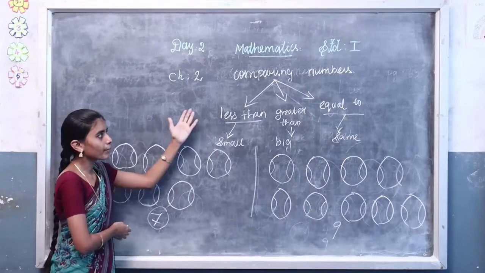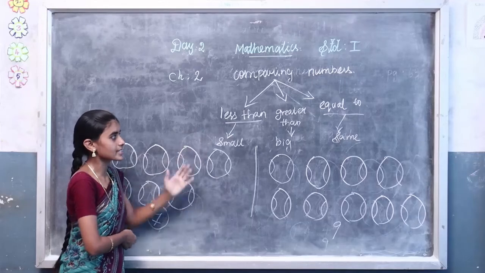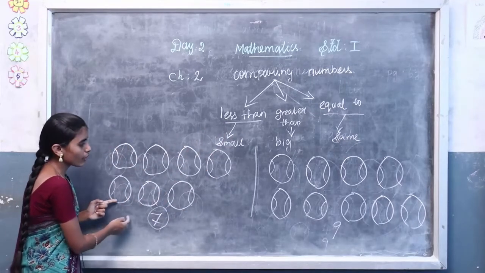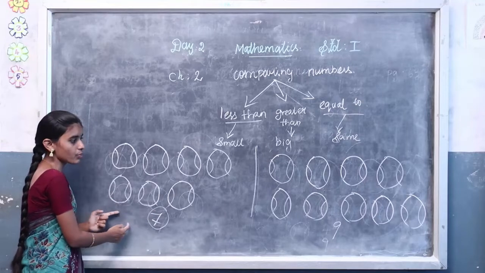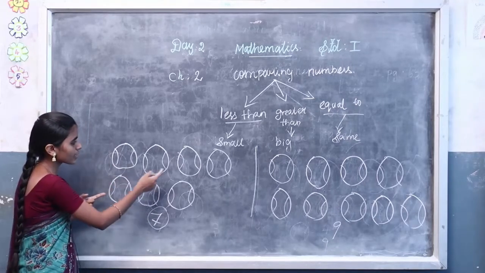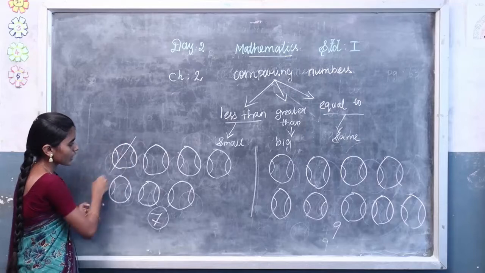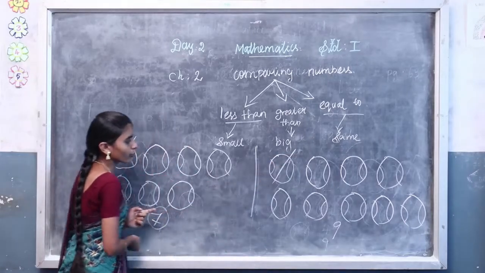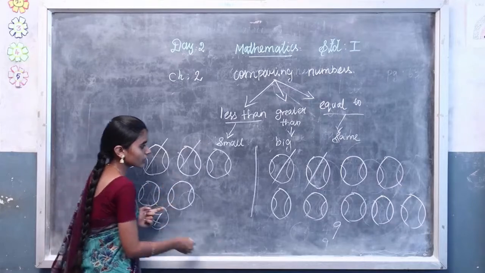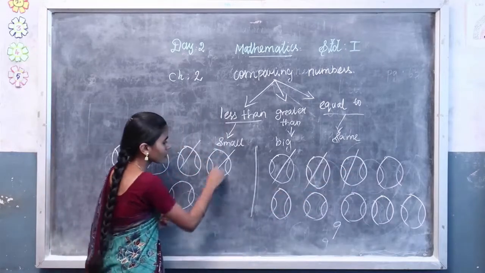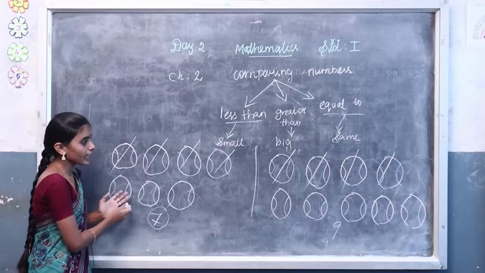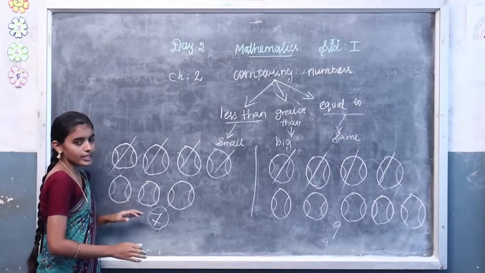We have to write the comparison using any one of these 3 words. See the first one. So, how do you find this? Which is smallest or biggest? So, for this, use one method, strike out one ball in both groups, and strike out the second ball in both groups. Strike out the third one and strike out the fourth one. So we continue the process till any one of these two groups is fully struck out.